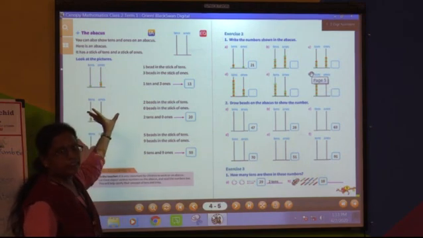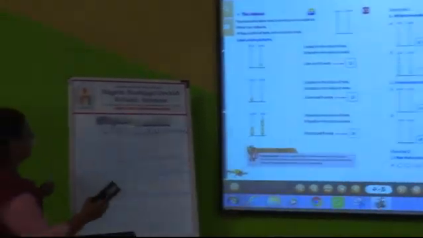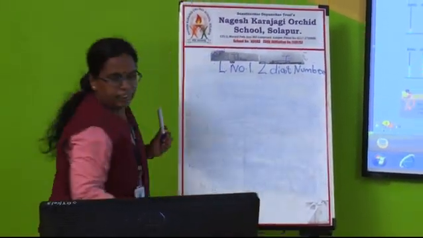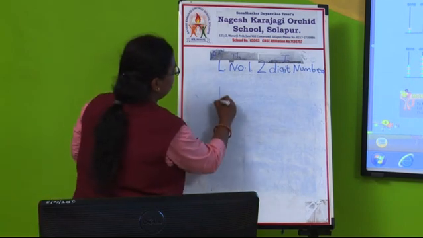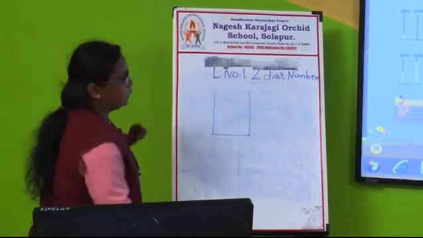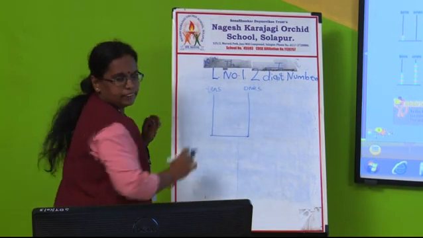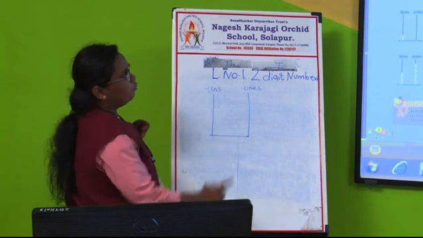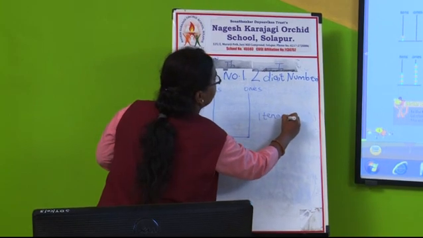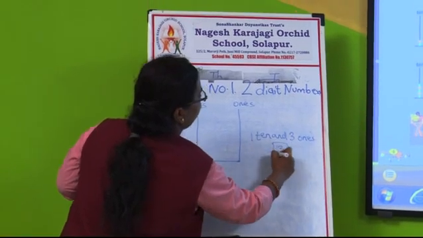The simple method is there. You can draw it on the abacus also. Now, see here how to show on the abacus. This is the abacus. In this you can show tens and ones. Now, how will you show your tens and ones? Now, you want to show 1 ten and 3 ones. That is 13. In this you want to show.